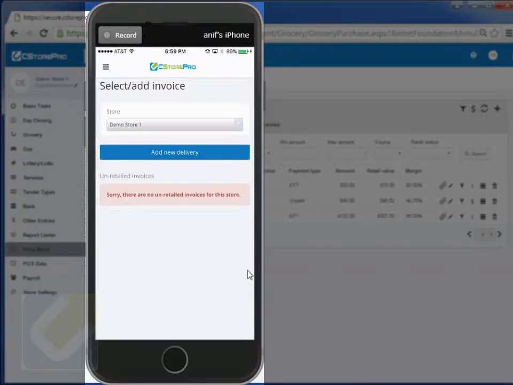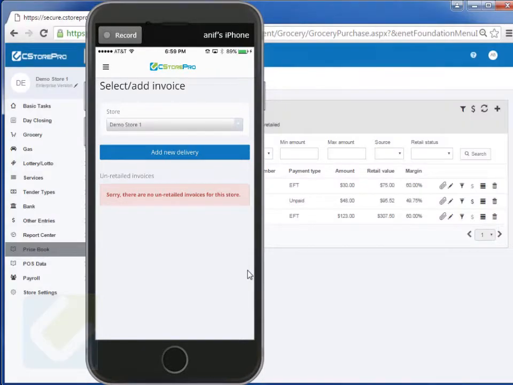That's pretty much it for setting up your purchasing side of it. In the next video, we'll actually talk about how to track your inventory, manage your inventory, and look at various